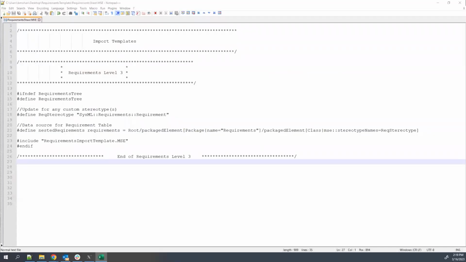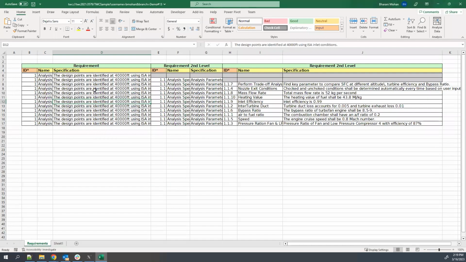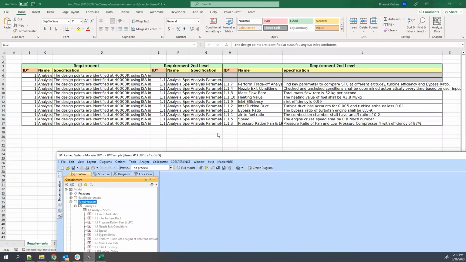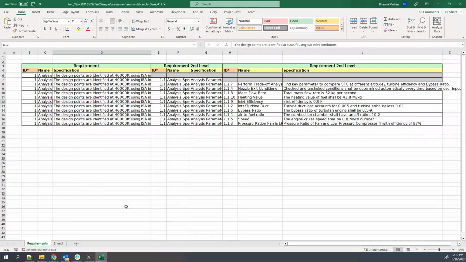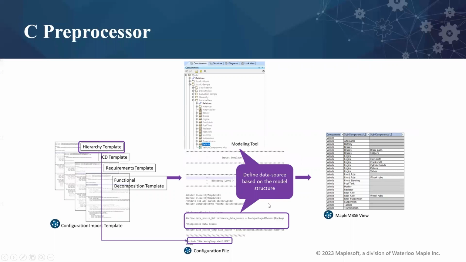So here we have MapleMBSE open, and you can now see that we are able to see all the requirements. So for example, level 1 is the analysis requirement, level 2 the analysis specs, and in level 3 the list of all requirements as we can see in Cameo. So again, you can see similar to the GUI editor, with minimum input we are able to bring in information